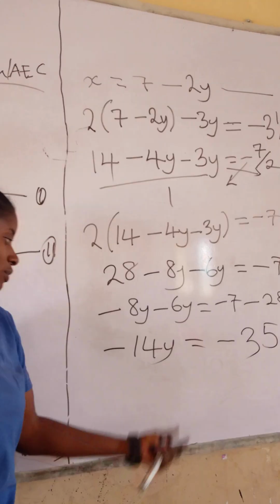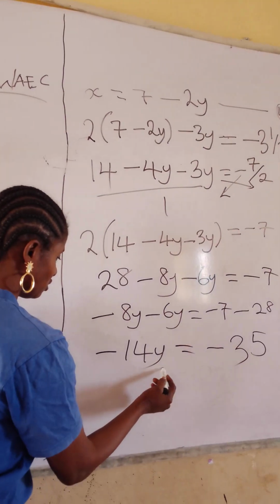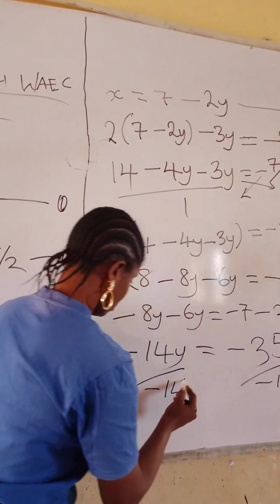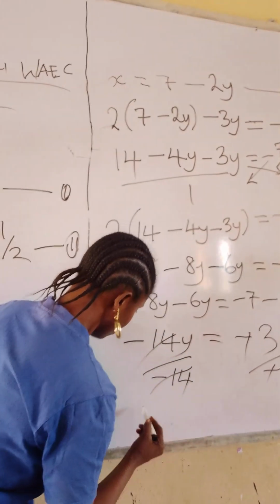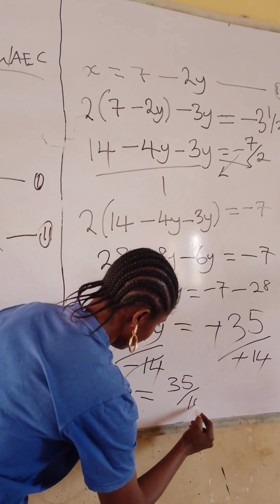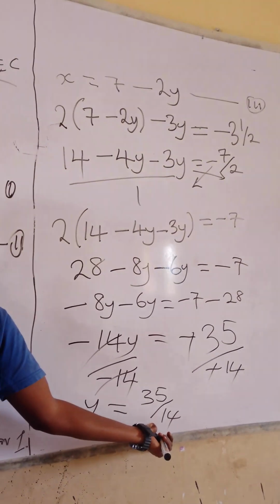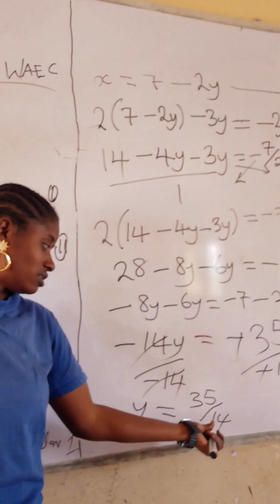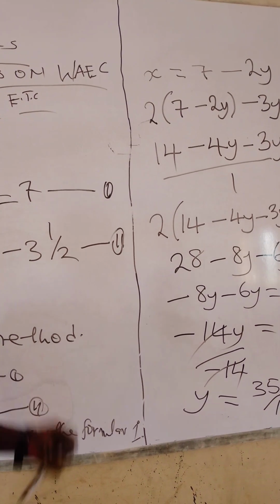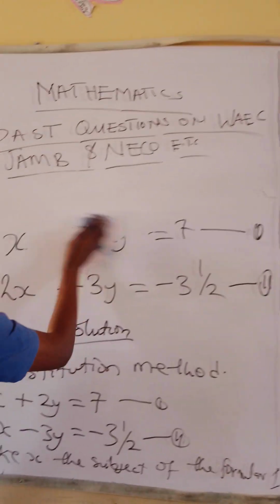We divide through by the coefficient of our y, which is minus 14, minus 14. Minus will cancel minus. Our y is equal to 35 all over 14. If you get to this stage, you will leave it, because we are dealing with simultaneous equations and the substitution method, so that you are able to get the value of x. So to get the value of x, now that we know the value of y,